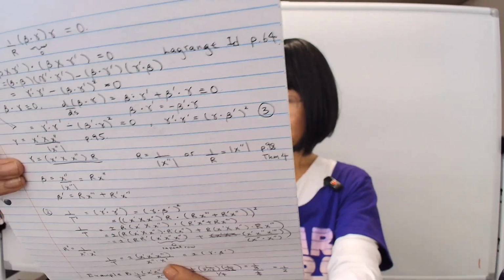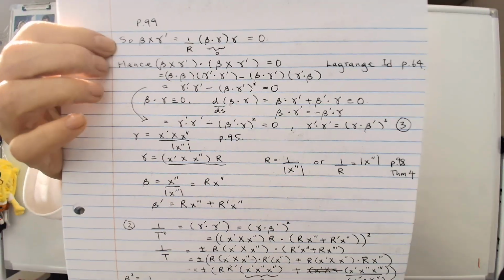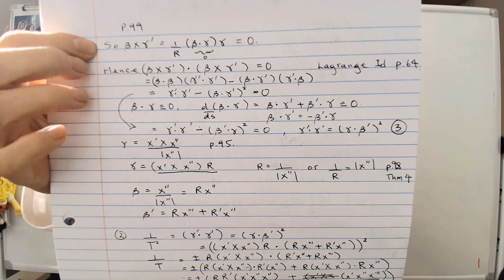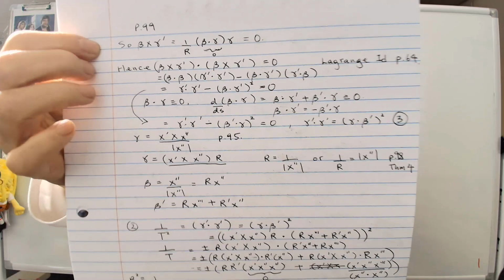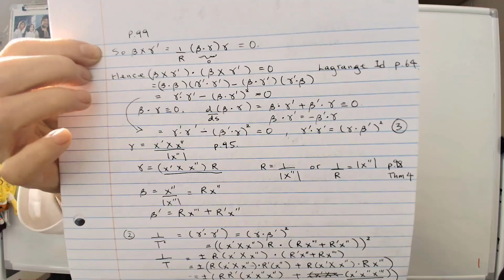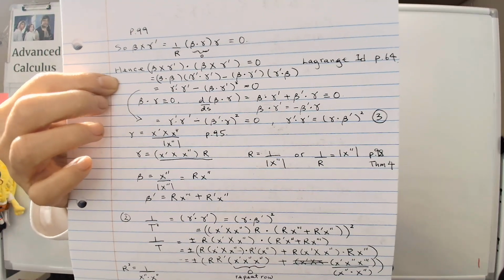Did it? Yeah, I did. So it happens to have beta dot gamma in there, and beta dot gamma equals 0 because they're perpendicular, and therefore this whole thing, after all this work, we only proved that beta cross gamma prime equals 0, and as a result, if the dot itself is also 0,